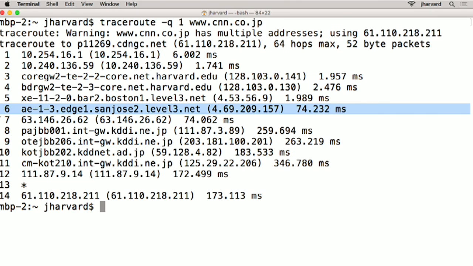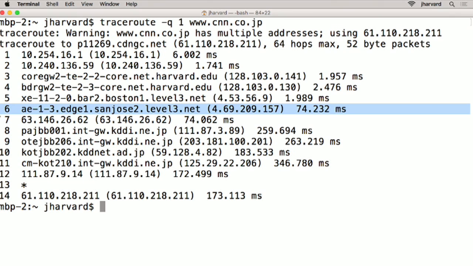Now, why do we say that? So one, San Jose, that's the only San Jose I know of, but I'm sure there are others. But corroborating that hunch is what other piece of data? The geographical path. The geographical path feels like that's the direction we probably are going to go to get to Japan over the Pacific Ocean. And what, furthermore, piece of data kind of corroborates that, yeah, we just took a left turn to California? The time really jumps. Notice we go from 1.989 milliseconds in row 5 to 74 milliseconds in row 6, which